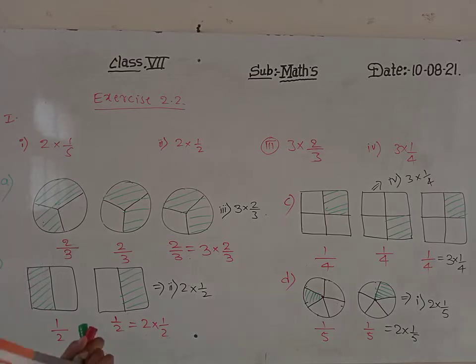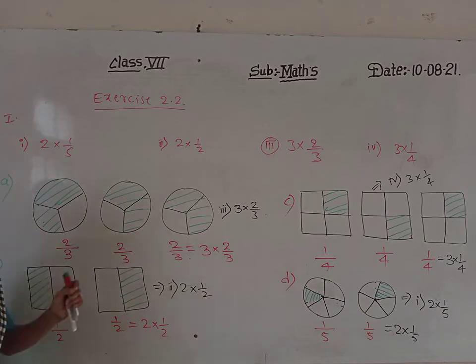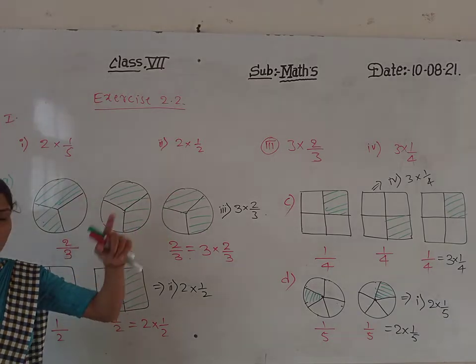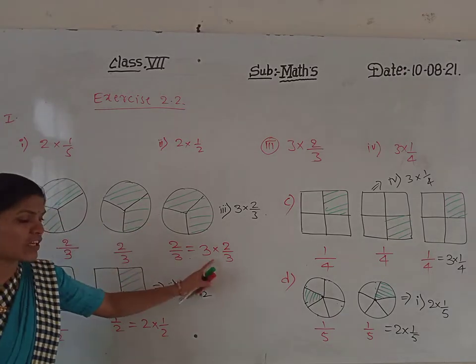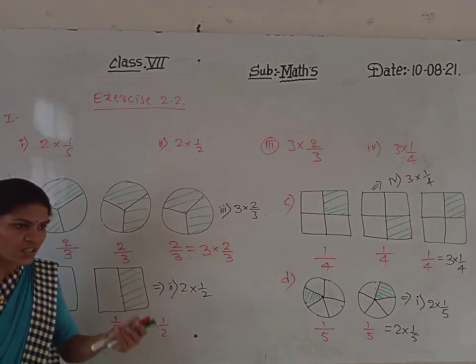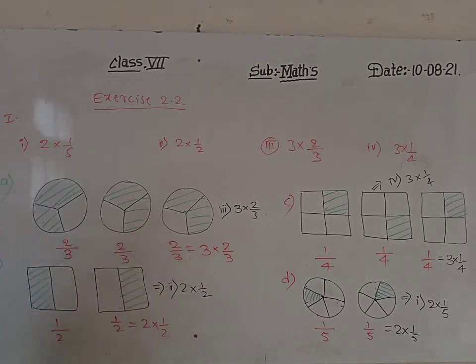So how have I solved it? How can you understand, sir, if you just match it by drawing a line? How can you understand how this 2 by 3 fraction came? 2 by 3, 2 by 3. Together it becomes 3 into 2 by 3. Write all this clearly. You are sitting in a live class, in an offline class, and still you are not taking notes properly. It is a waste of your time, not mine. Yes, already done. Good.